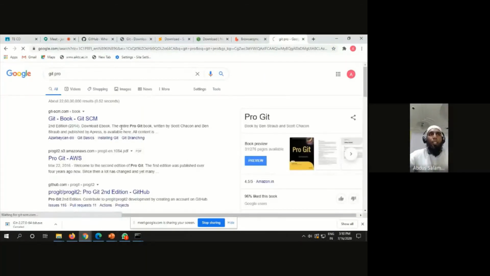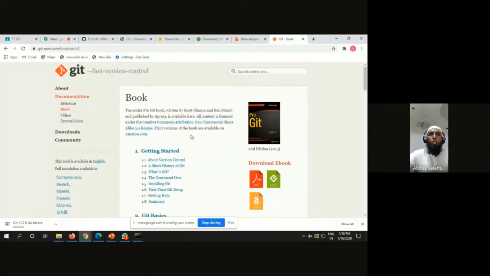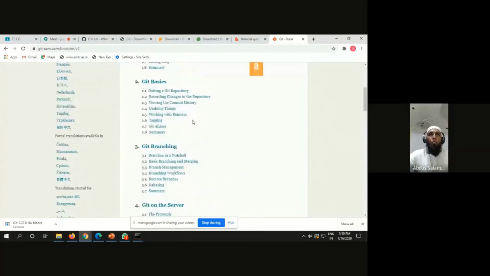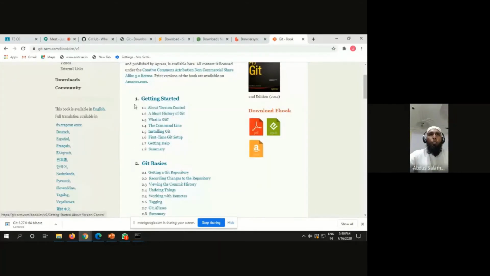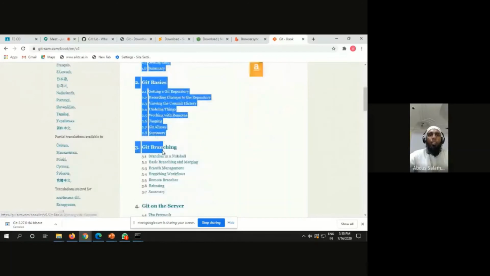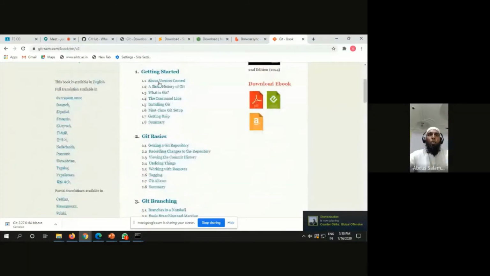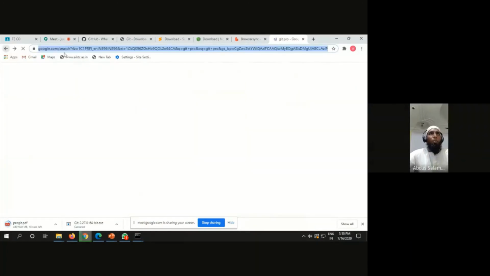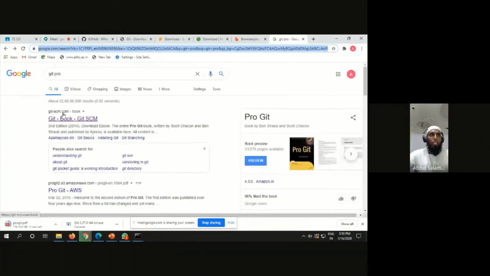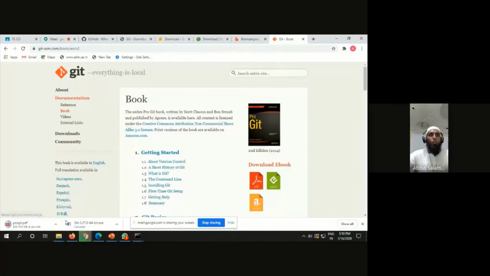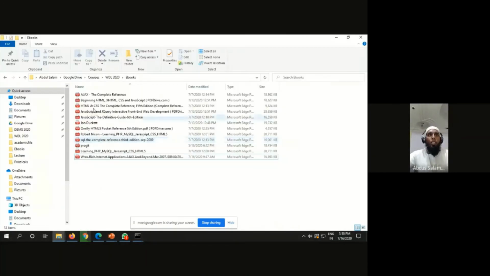This is a book of Git, and it's a very good book. You don't have to learn the entire book, but the first three chapters are very important. Even if you learn the first three, Git started, Git basics, and Git branching, it will be enough for us. And don't worry, I'll be helping you whenever I run any Git commands. If you get familiar with this, you can download the PDF file also. The PDF file is available here, on the same link, git underscore SCM. This PDF is very good. I've already downloaded this PDF. It is there in my list of ebooks, so you can see here.